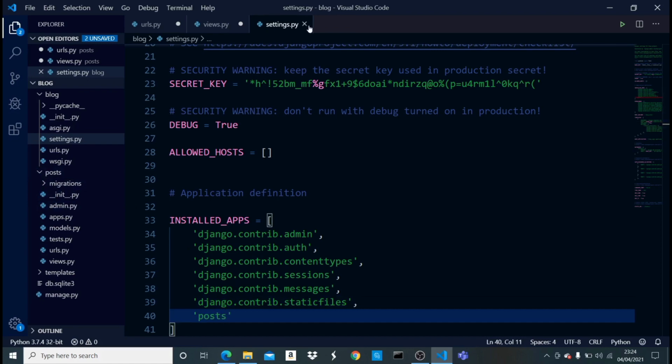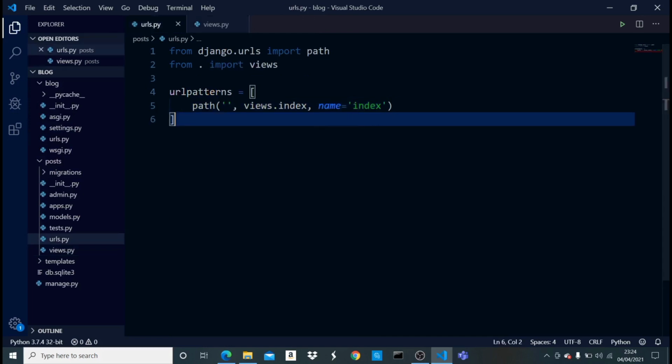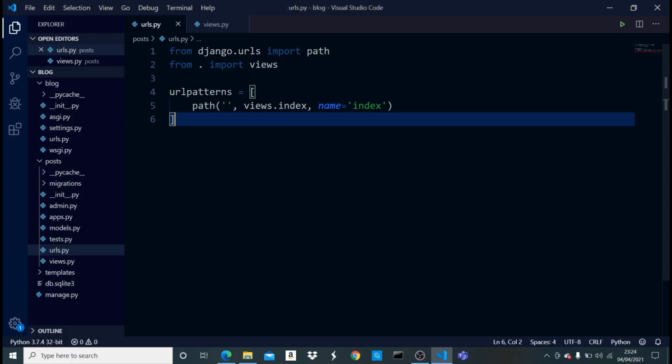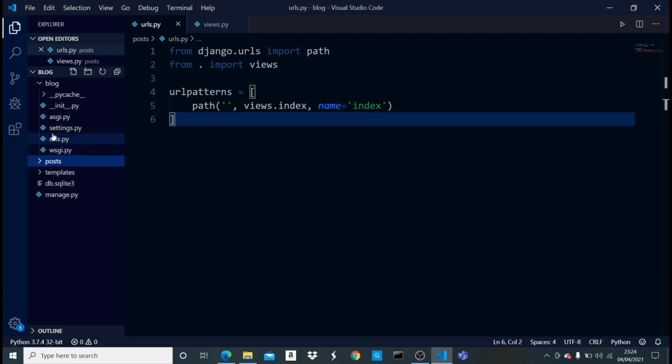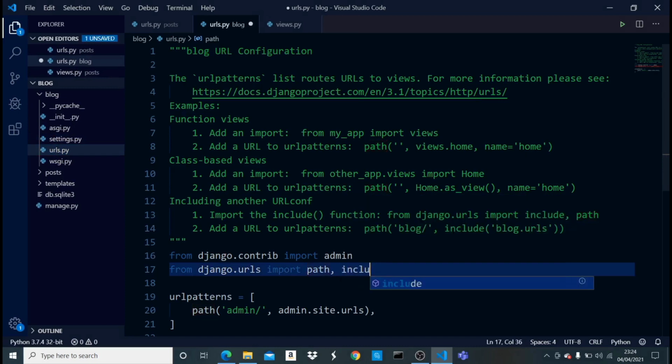So now I can save this, and now this can be rendered. I can save this also and save this. But if I come here and hit refresh, boom, nothing still happens. This is because we configured all this in our app. We need to configure it for our main project, so our project will know where to look for a URL. Now for us to do this, we're going to say from django.urls import path. We also have to import include,